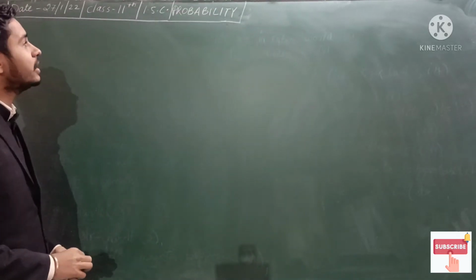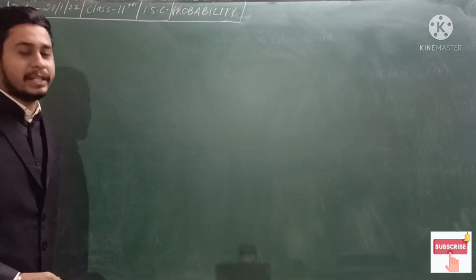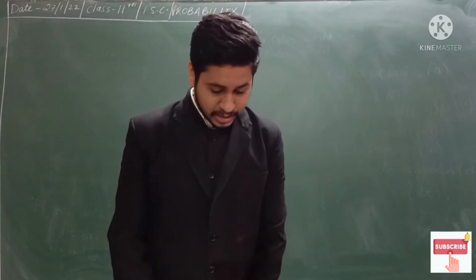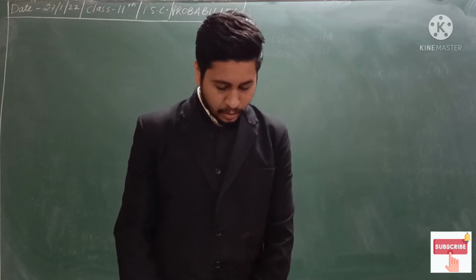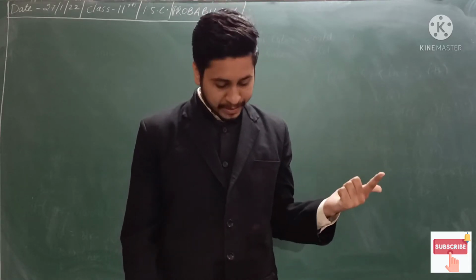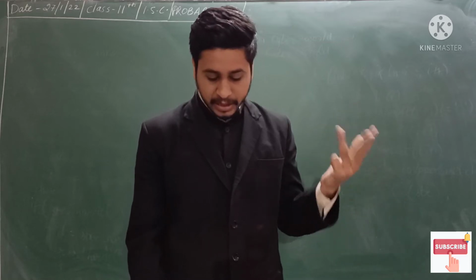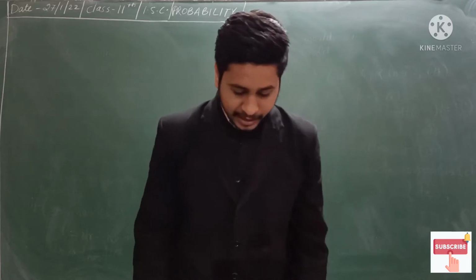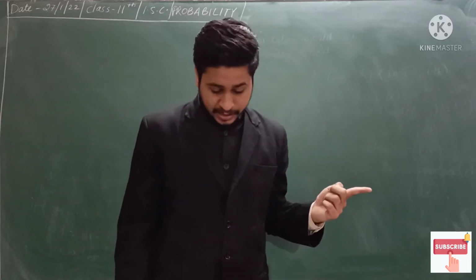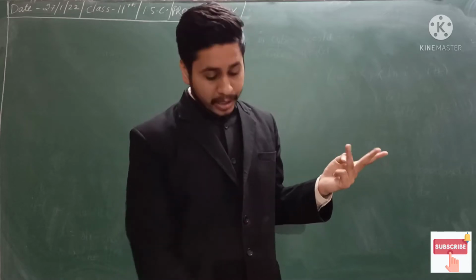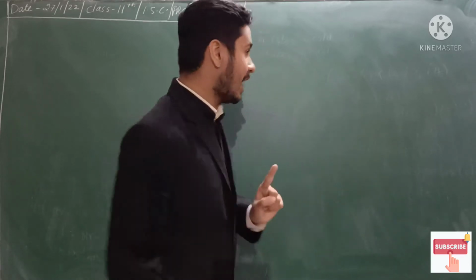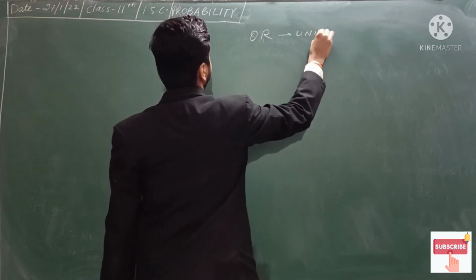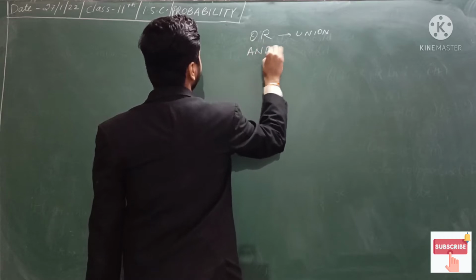In the last lecture, we started the chapter probability, where I explained the basics: what is probability and the definitions of random experiment, sample space, and event. Then we saw the main important part, the types of events, complement of an event, A or B, A and B. I explained that if OR is written then we go for union, and if AND is written then we go for the intersection.